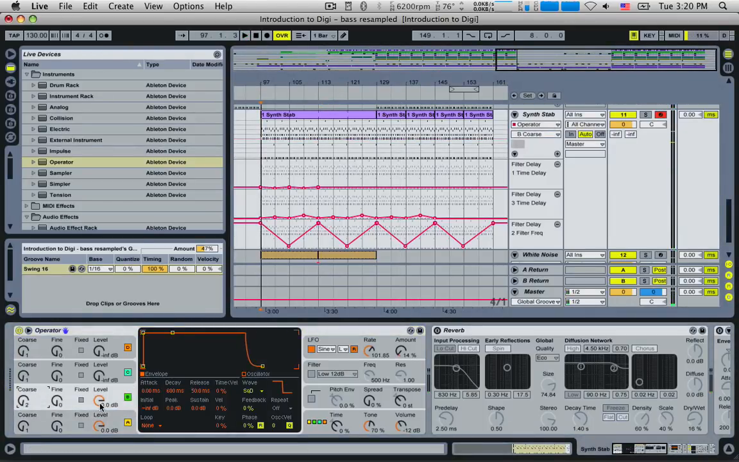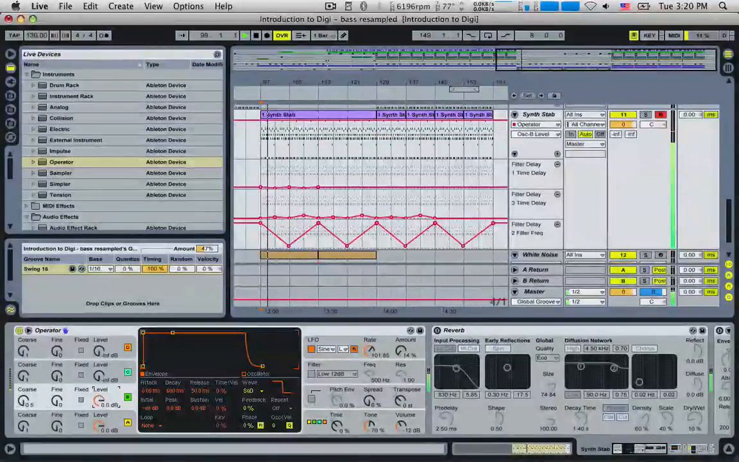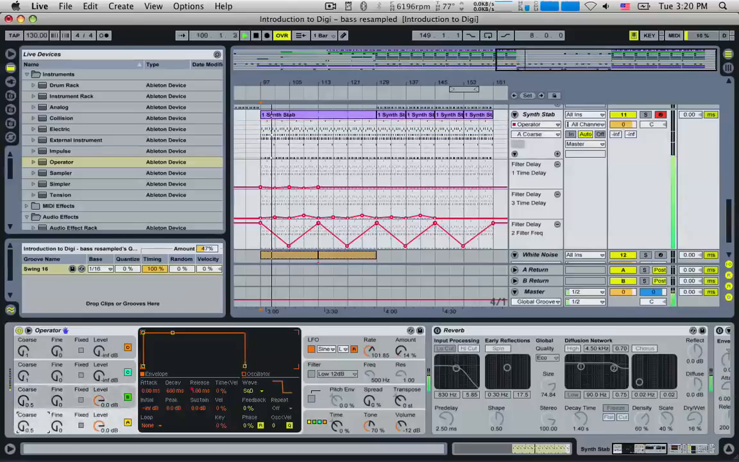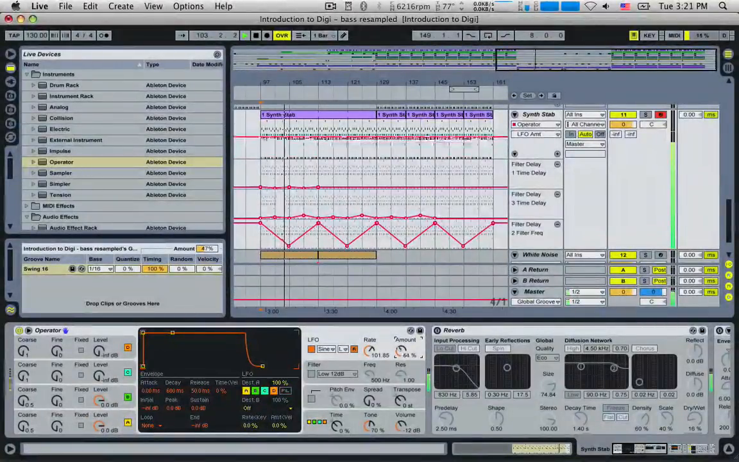This second oscillator is a bit too loud, so let's bring the level down a bit. Let's bring it down an octave. Right down. Just going to bring the amount of the LFO down. Just on a note, that LFO